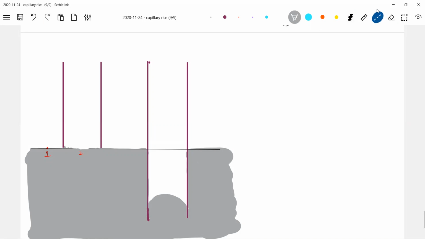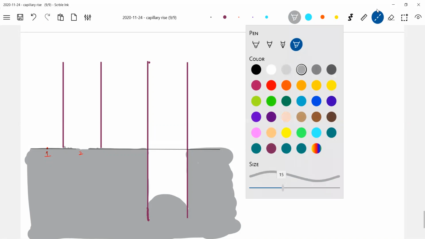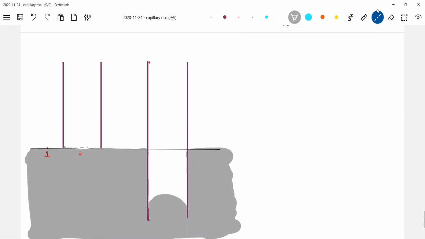Okay, now we'll take the meniscus here. Show a little bit of meniscus, that is sufficient. Now you have again the same idea. You can see point 2. What is the pressure at 1? This is air, this is mercury. Looking at this diagram, pressure at 1 and 3 equals P naught. Pressure at 2 is greater than P3.